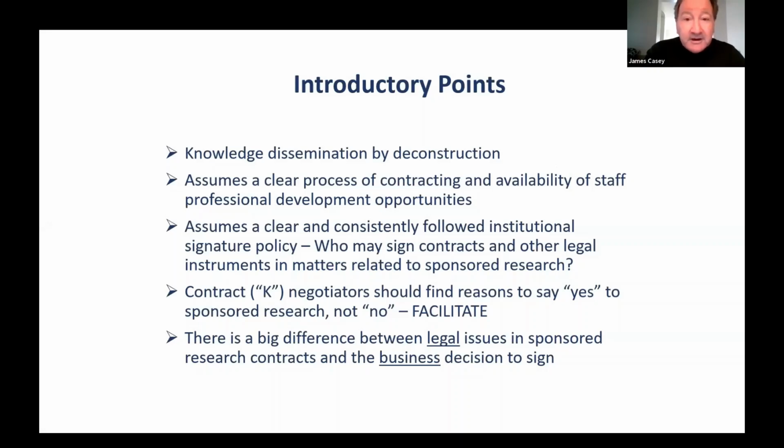As some of you may already know, you have faculty at varying types of institutions that sign contracts because, well, they're the PI of the technical part of the project, but they don't necessarily have signature authority. And certainly many university officers, such as deans, generally do not have signature authority. So I assume this is all clear and understood and appropriate, but it is something just to keep in mind as you execute your job.